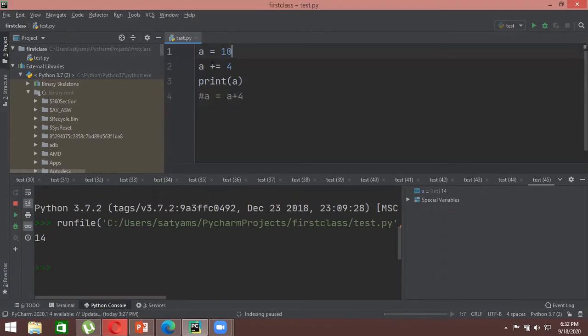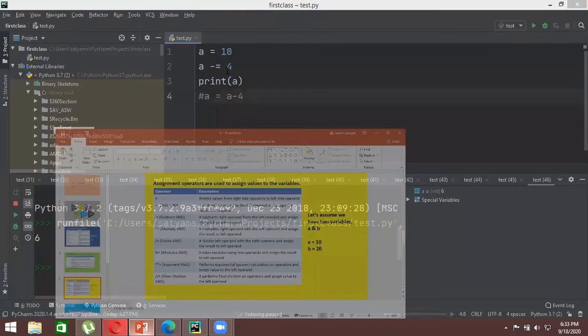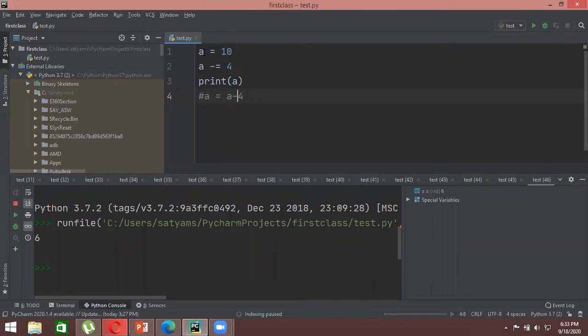In a similar way, minus also works. If you write a minus equals to 4 and then you print it, it means that a equals to a minus 4. So it will subtract 4 from 10 and it will give you the answer as 6. So in this way, plus equals to or minus equals to work, right? You are assigning something to a variable. First you have taken a variable, you have assigned a particular value to it, and then you are again assigning another value to the same variable, but without using another variable, right? So this is how you use a plus equal to or minus equal to operator.